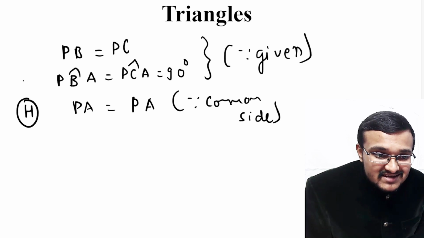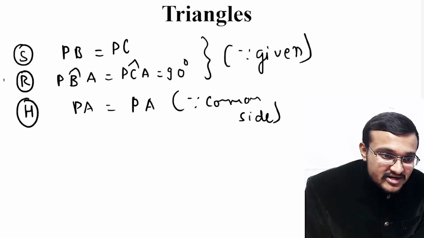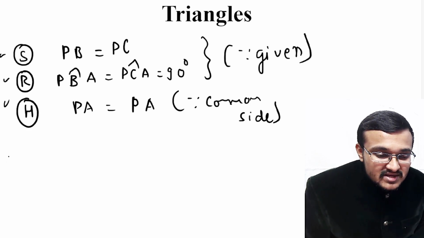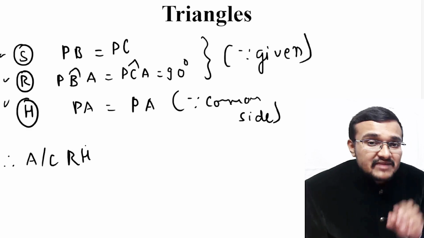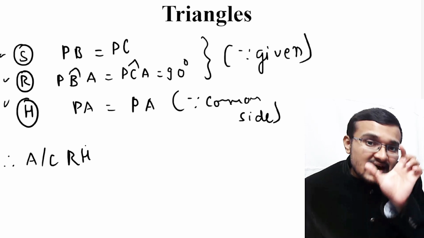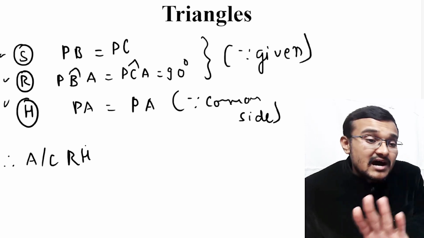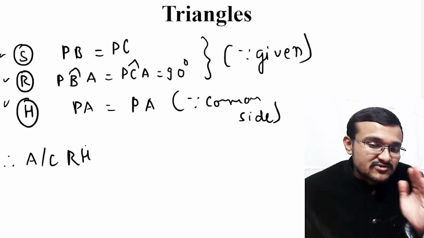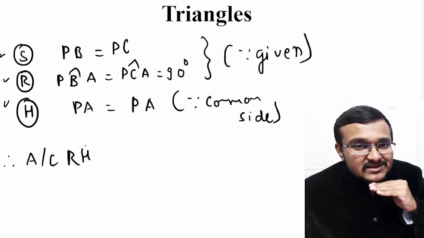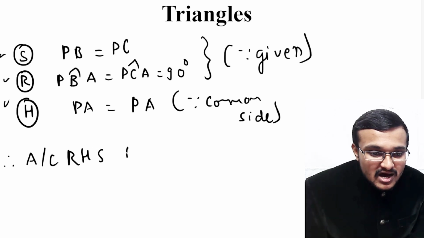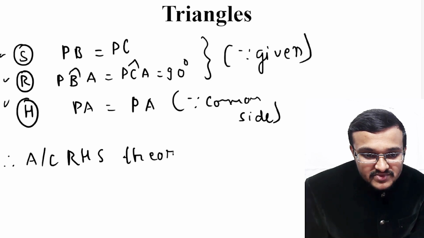This particular PA is the hypotenuse. This particular angle is 90 degrees, so that is a right angle, and one of the sides is equal to the other. So according to the RHS theorem, R means right angle, H means hypotenuse, S means a side other than the hypotenuse, that is one side. So right angle, hypotenuse and one side. So according to the RHS theorem,